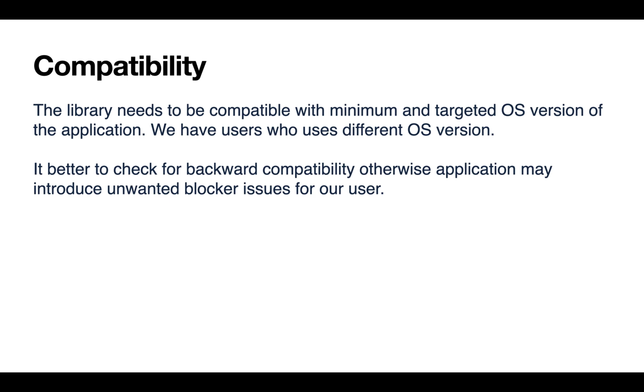Then next is compatibility. Some of the libraries can have good support for some of the recent or latest targets in the market, but whether it is compatible with our requirement or not. For example, for mobile apps, the minimum targeted OS version, those libraries need to be compatible with the minimum targeted version, and if it is not compatible, then it can